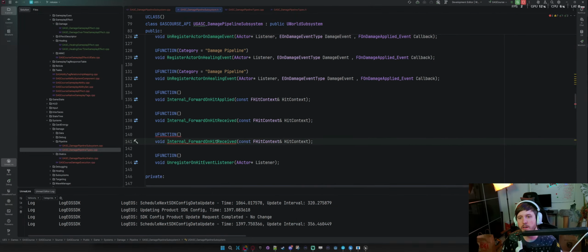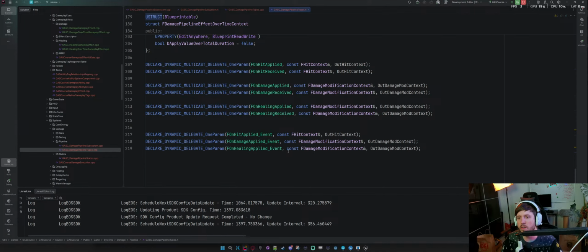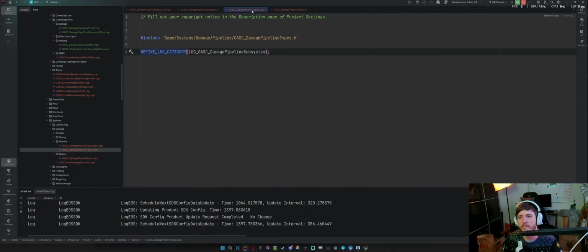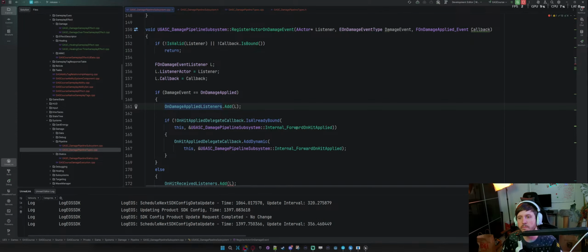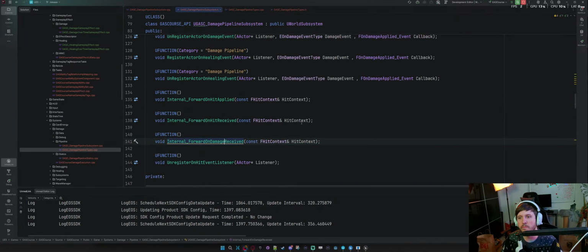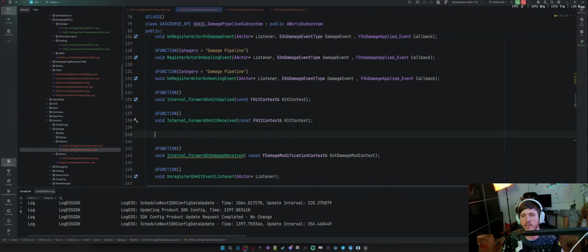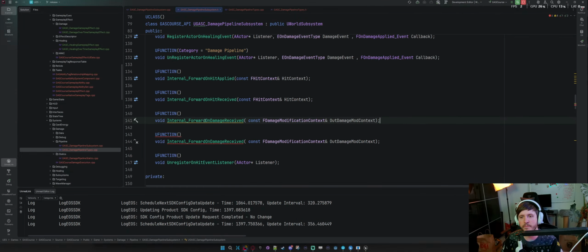Internal forward on damage received, and then it's going to be this context here. So it's received, and we'll do applied.